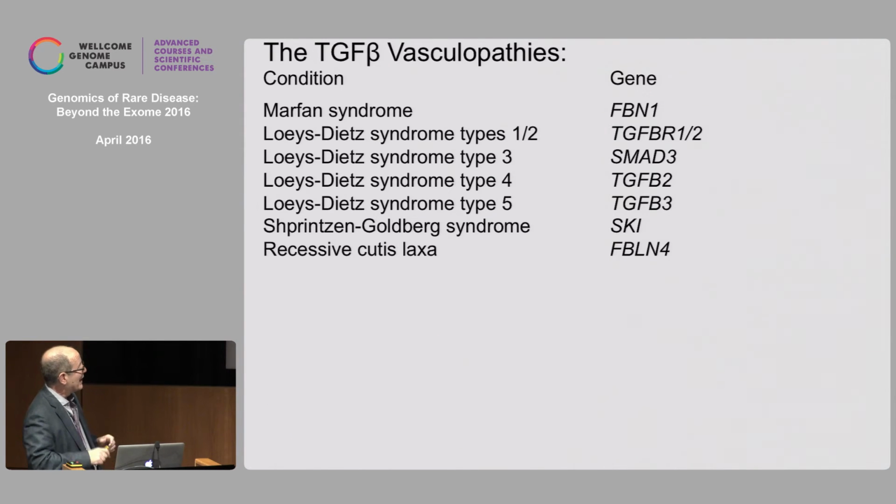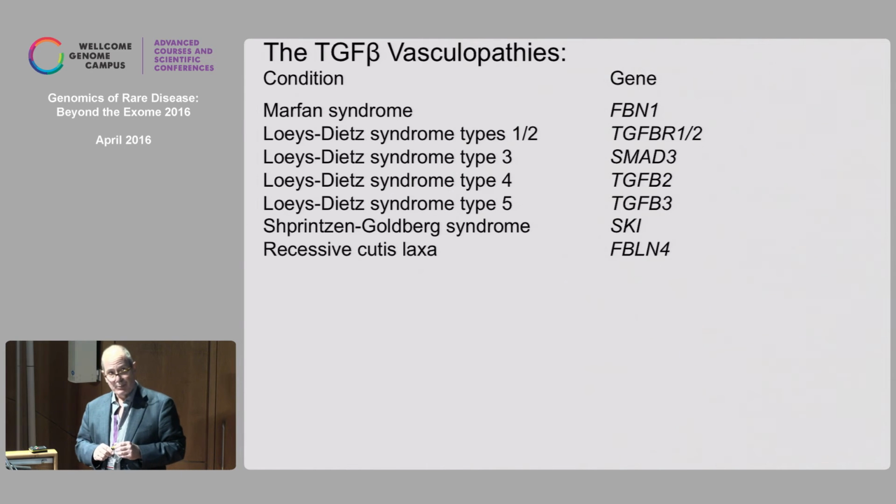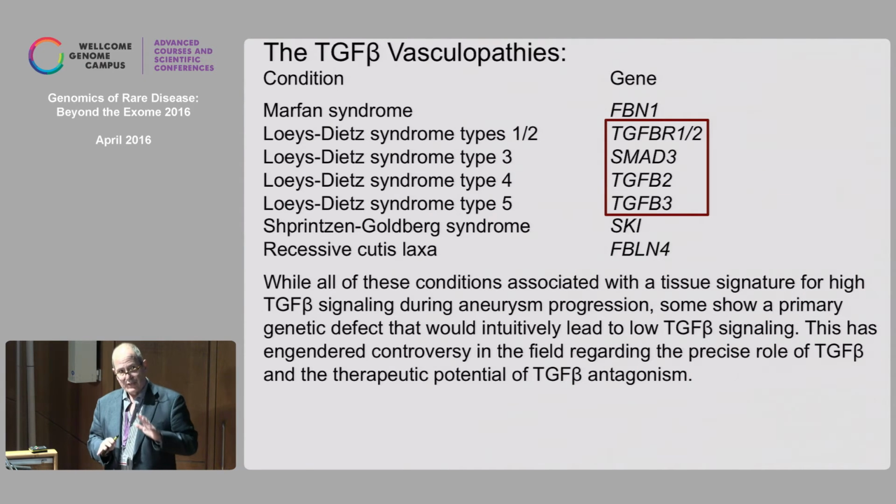Now, there are many so-called TGF-beta vasculopathies, and indeed the Loeys-Dietz syndrome phenotype is now seen in association with heterozygous mutations in genes encoding many primary effectors of TGF-beta signaling. While all of these conditions associate with a tissue signature for high TGF-beta signaling, as I mentioned, at least some show a primary genetic defect that would intuitively lead to low TGF-beta signaling. And this has really engendered controversy in the field regarding the precise role of TGF-beta and also the therapeutic potential